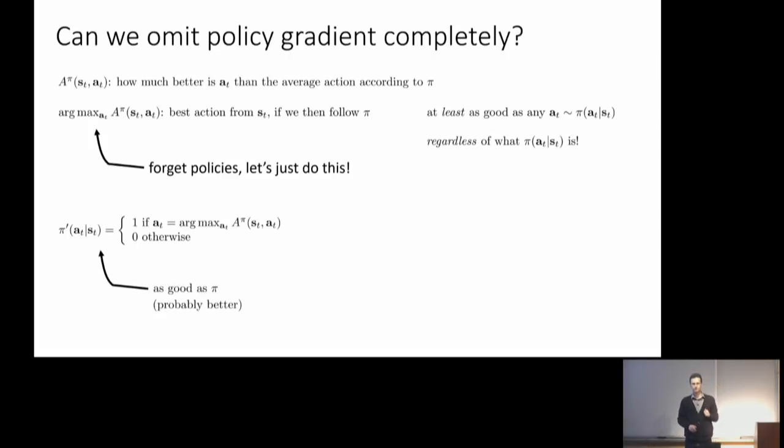Yes, question back there. Just to be clear, that would give a deterministic policy, right? Because we're following the argmax, that means your action is always the same. Right. The question was, this gives you a deterministic policy. Yes, so this policy that I wrote down here gives a probability of 1 to some action and 0 to everything else, so it's a deterministic policy.